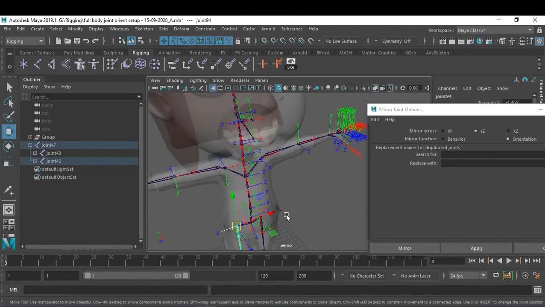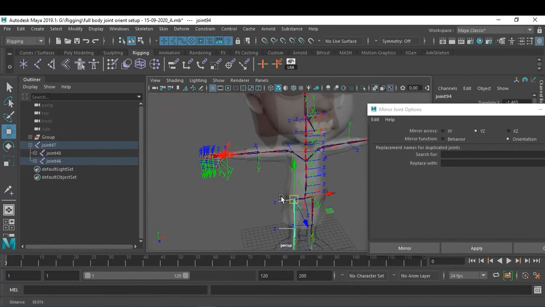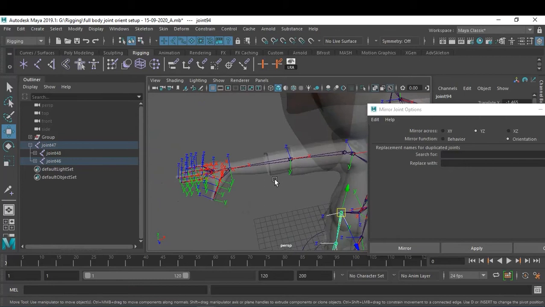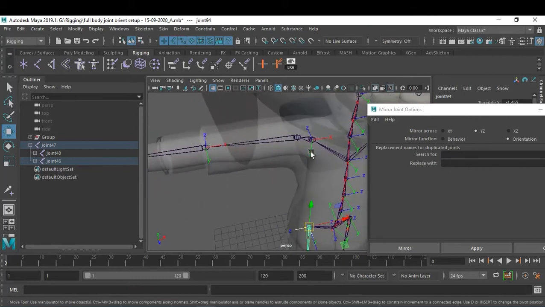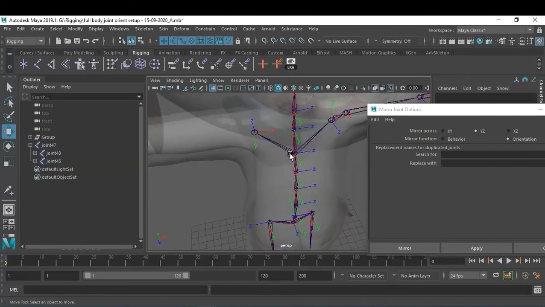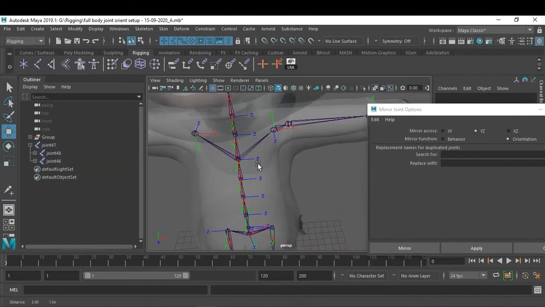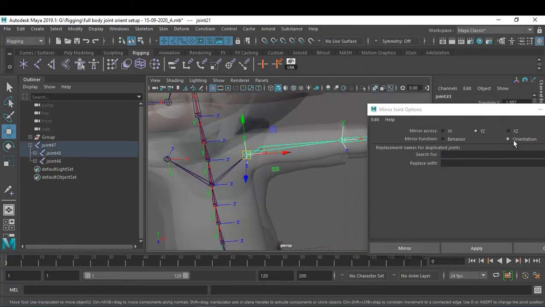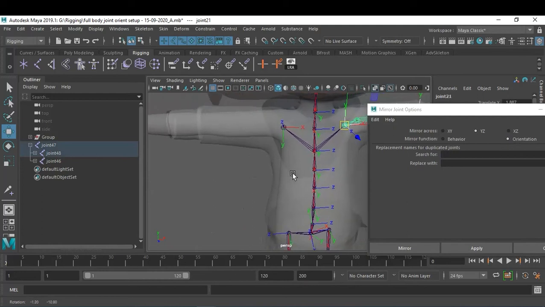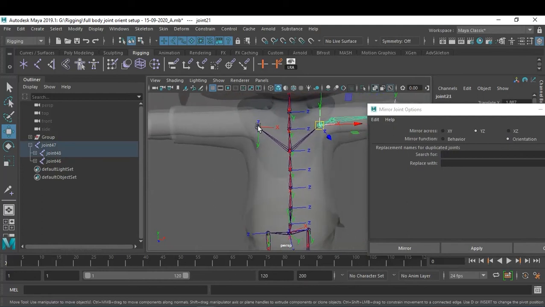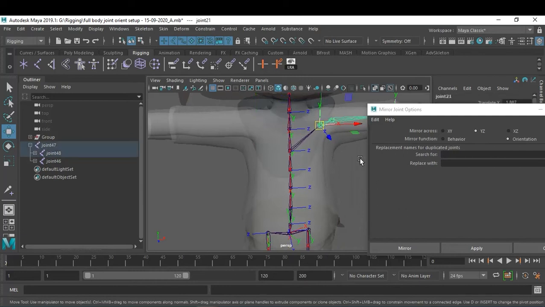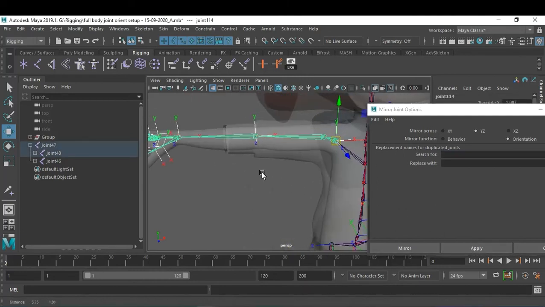Same you can do with all your joints. See, if the x-axis is going in the opposite direction, this is not good. This is wrong, right? So now I've clicked on Orientation, and if I don't want this particular joint also, and now if I say Apply, just check it out.